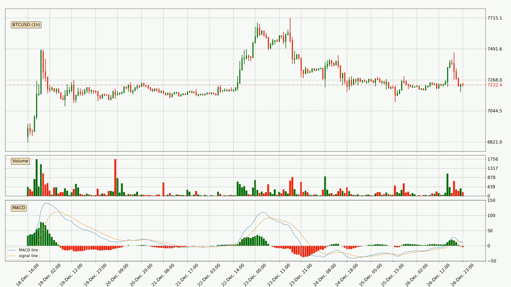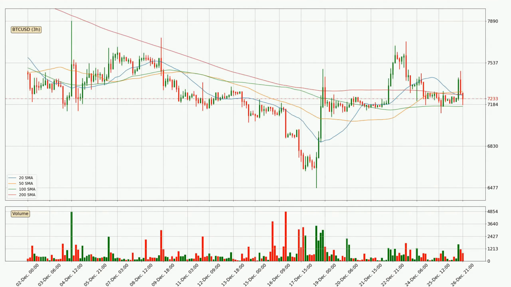When we now look at the current hourly MACD, the MACD line is below the signal line, which shows that the current trend is on the downside. The MACD histogram shows that the momentum is currently strong and it could be expected for the price to go further to the downside. Moving to the 3-hourly simple moving averages, the current price is between the 100 and the 20